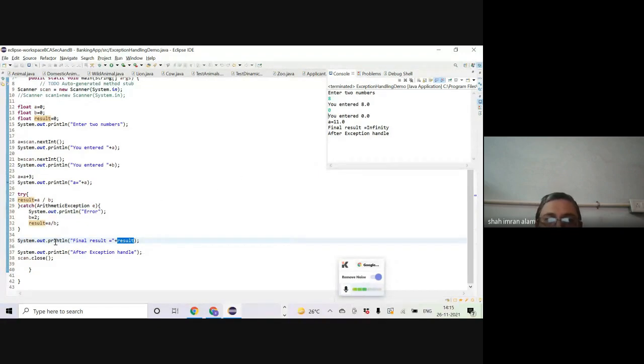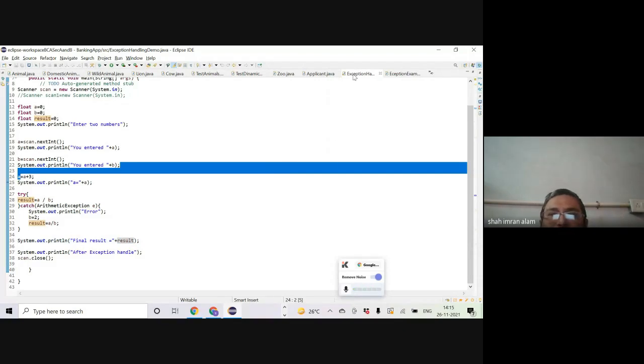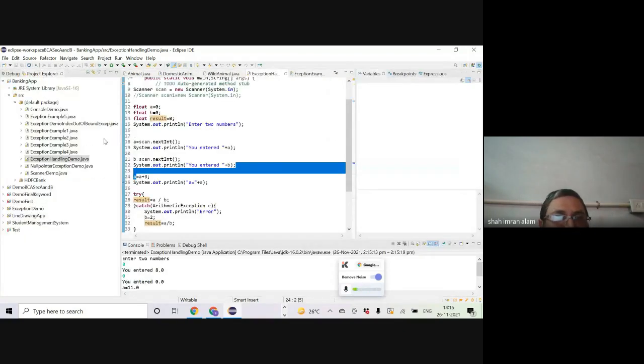Instead, what is happening is the output from line number 35 and line number 36 is coming: result is equal to infinity and after exception handling. So this is what we saw in the last class. But surprisingly, just before taking the class, I was going through code that I wrote last year.